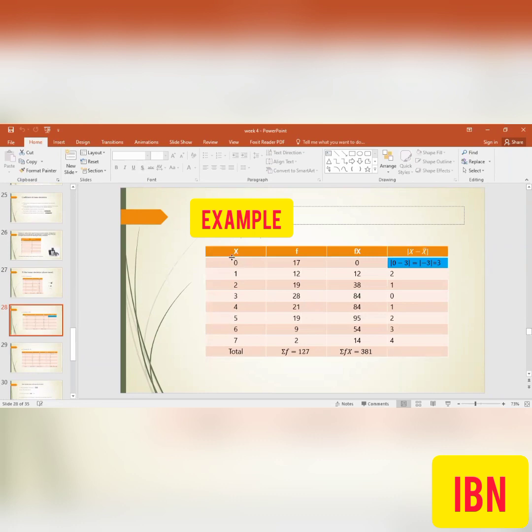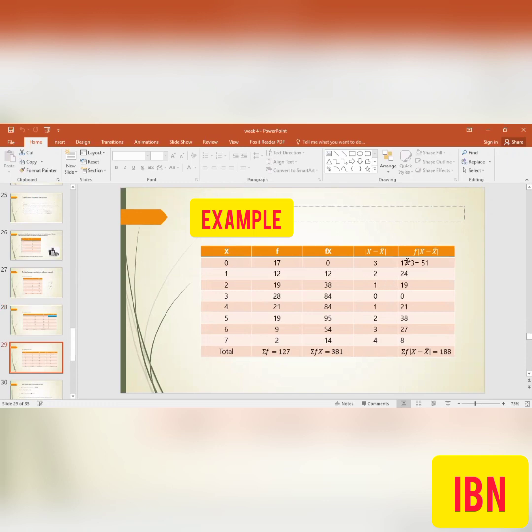It means x is 0 here, took the first observation, minus corresponding mean which we calculated, 3. Certainly we will get -3 answer, but due to this absolute, this modulus, we will get 3. As I told you, all the deviations will become positive because of this modulus. Positive ones remain positive, and those which are negative also become positive. So in that way, we have calculated all these deviations, modulus of x minus x bar, 3, 2, 1, 0, 1, 2, 3, 4. And then we need to multiply it with corresponding frequency,